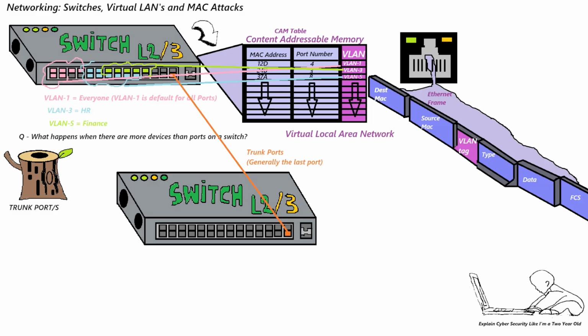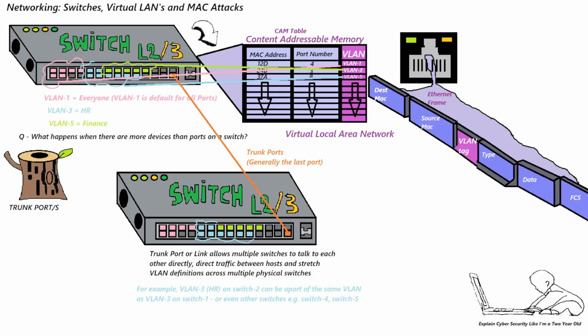The very last port on the switch is usually the dedicated trunk port, which can be used to cross over two switches on exactly the same trunk port on both switches. It is also worth noting that VLANs can be replicated across both switches, or can be expanded across different ports, and even new VLANs can be created, so further VLANs can occur not just on one, but across two or three switches.